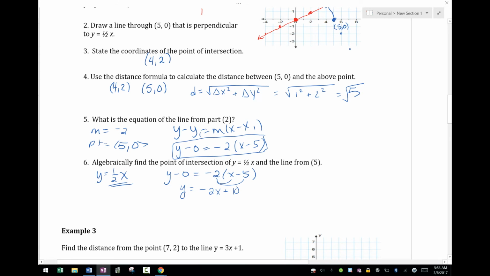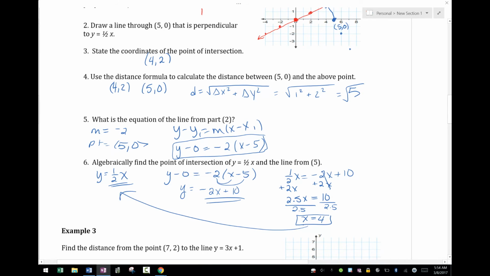And if I want to know where they cross, I'm going to set 1/2 x equal to negative 2x plus 10. I need to solve for x, so I'm going to add 2x to both sides, which gives me 2.5x equals 10. I'm going to divide by 2.5 and get x equals 4. And if x equals 4, and I substitute it back into either one of these equations, y is 1/2 x, so y is 2. And that was this point